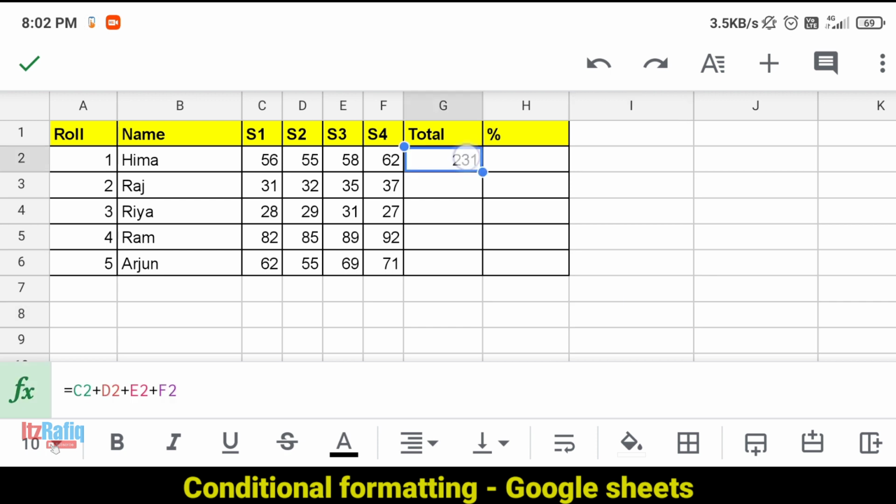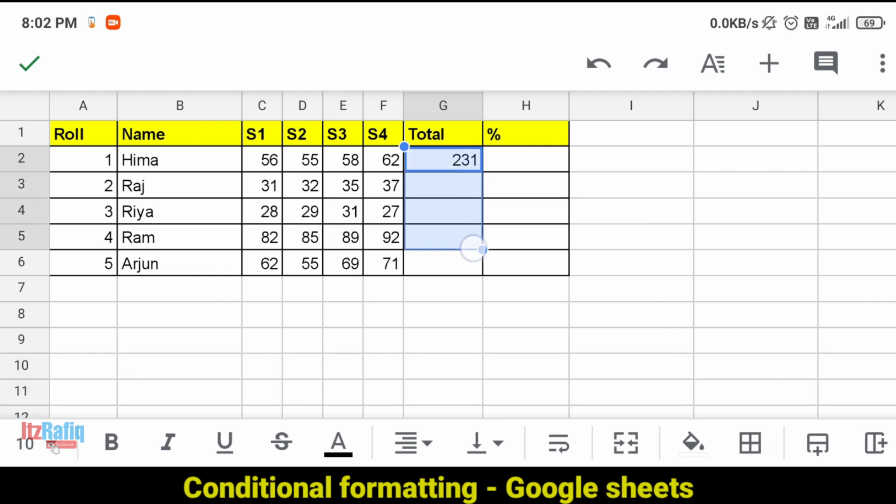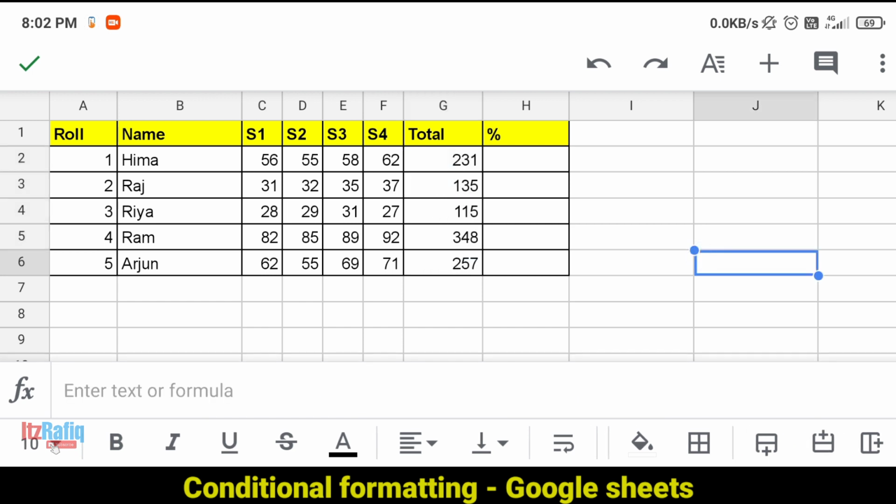And to copy the formula, tap on the blue dot. See here you will get two blue dots, one at the top corner and one at the bottom corner. You will tap on the bottom corner and drag it down. Then you will tap on the series of cells and select autofill. So the total comes automatically from here.